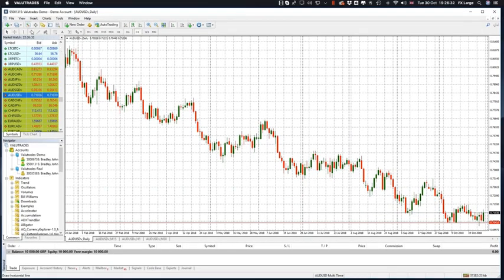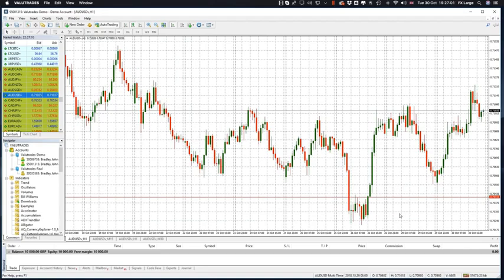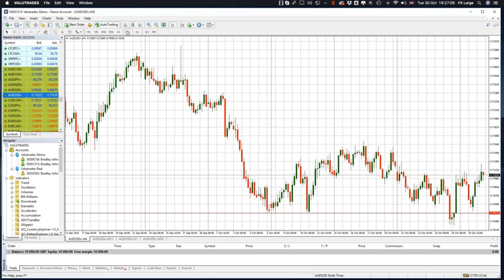So let's draw some more. So here we have a line of resistance. So we're finding the swing high at the very tip top of this chart. So we know that when price comes back to this line, it may have a hard time getting through. But we'll have other lessons on support and resistance and how to trade these later. If I go to my 4-hour chart, we can see that the line is still there. So no matter which chart I go to, which time frame I go to, that line of support will be there. So if we go back to our 4-hour chart,